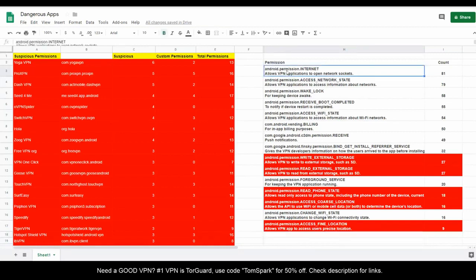So some of the common permissions that are okay would fall under Android Permission Internet. This allows VPN applications to open network sockets. Another okay one would be Android Permission Access Network State, which allows VPN apps to access information about various networks. Another okay one would be Android Permission Wake Lock, which just keeps your device awake. Another okay one would be Android Permission Receive Boot Completed, which just notifies the device user once the restart is